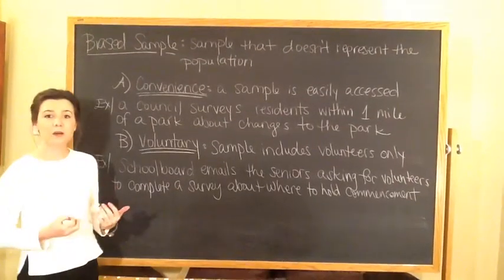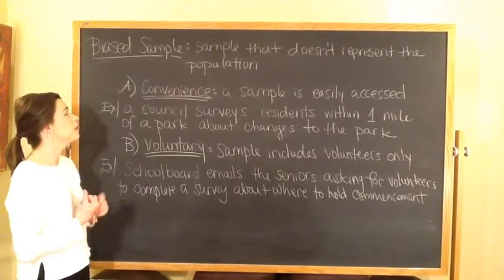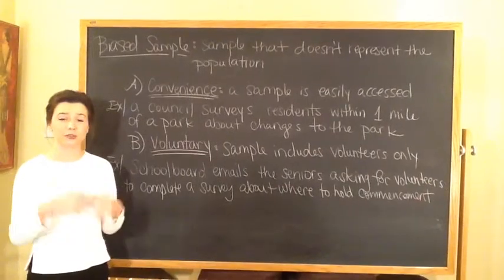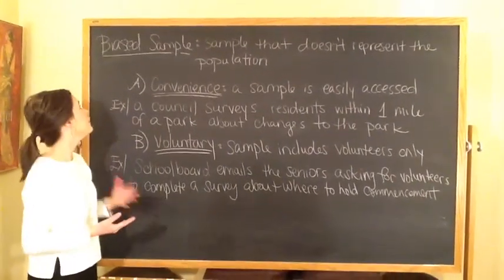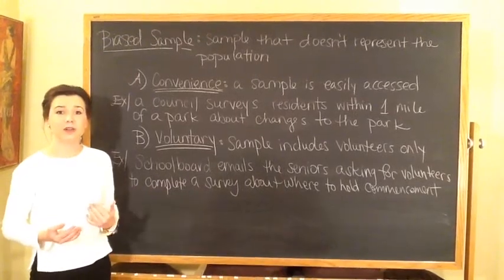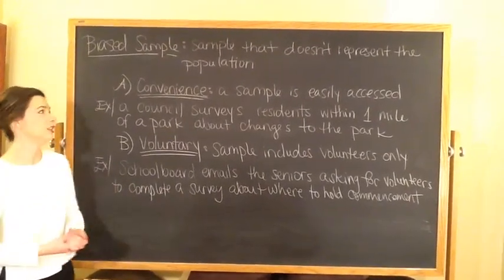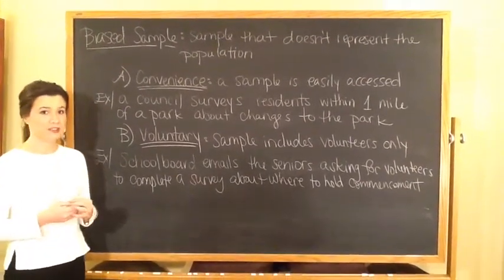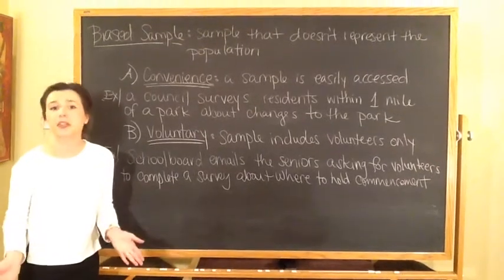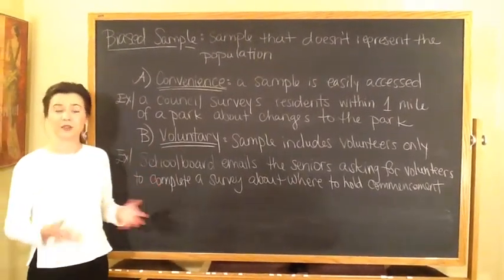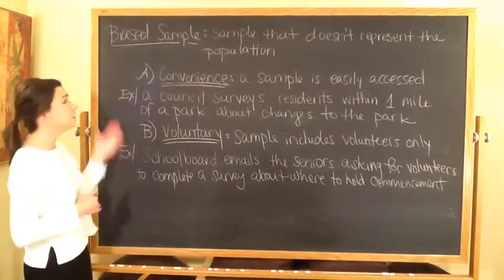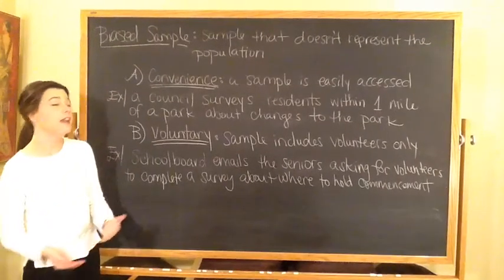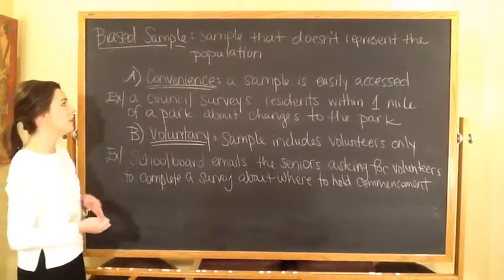So on the last screen, we were looking at unbiased samples. That is what you want if you really want to get some accurate data or a good representation of what everyone thinks. But if you have a biased sample, then obviously you're not going to get the views of the whole population. A biased sample is a sample that doesn't represent the population. So if it doesn't represent the population, why are you doing that survey with those people anyways? It's really pointless. So we really want to do unbiased samples. But there are different types of biased samples, and if you're trying to see if the information is valid or not, you're going to have to look for these things to see if it's not valid.